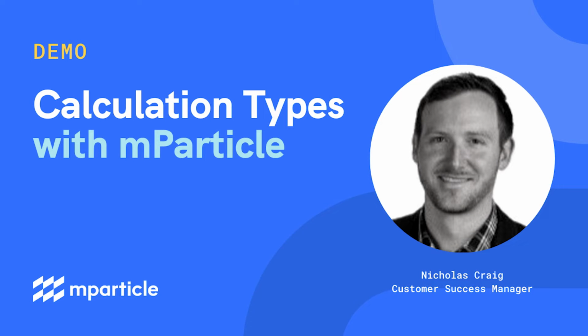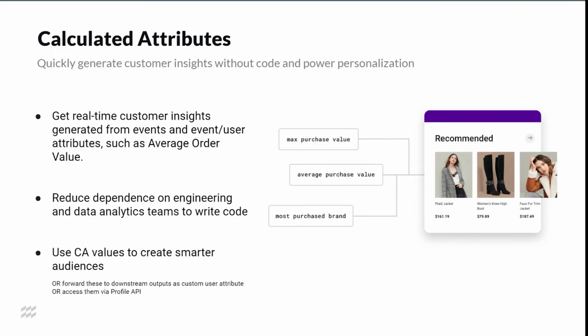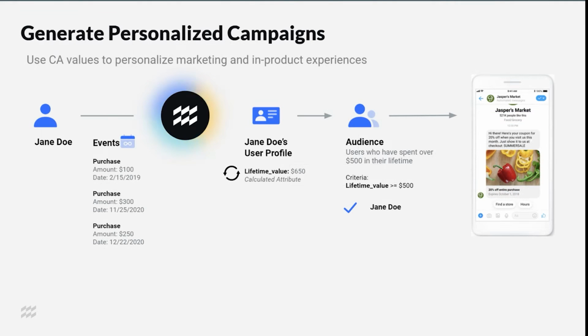As a reminder, calculated attributes are read-only values about a single user that can be defined right within the UI. These attributes, once created, are computed automatically over time and appended to all user profiles with the click of a button. There's a wide variety of use cases which we'll go into in a little bit, but both see value by aiding customers by improving personalization for better targeting, and also enabling data-driven product and content personalization, which can happen